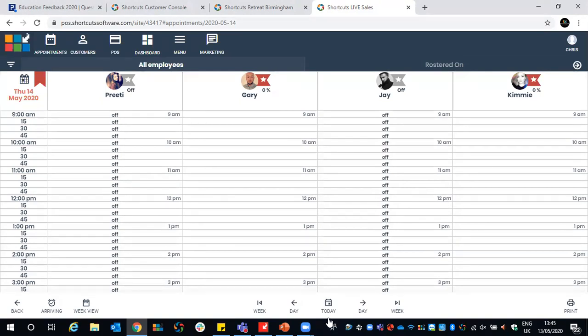Down the center bottom of the screen, you will see we have the same 5 buttons available to us. We've got the today button, the day forward, day backward, and week backward. And of course, if we click onto today, it will take us back to today. In the bottom left-hand corner, you will see we have the week view button. That means we can view a full working week. Week as in 7 days. So if we click onto week view,